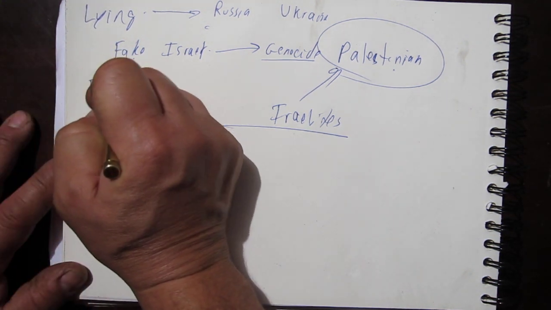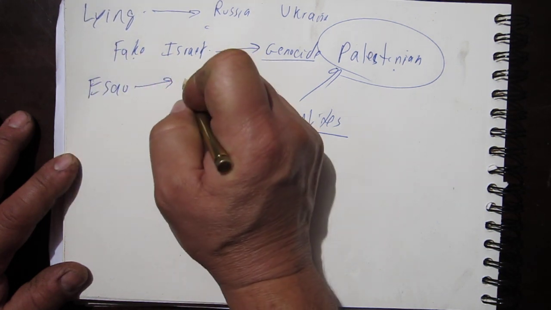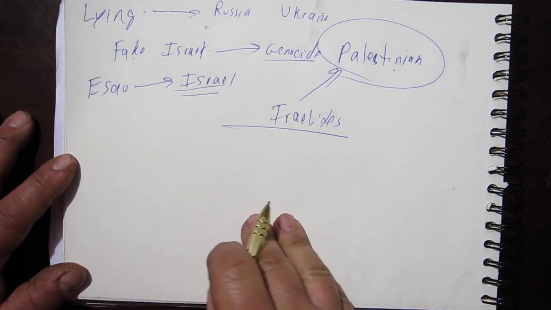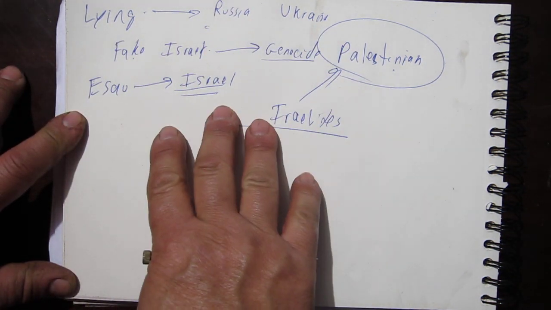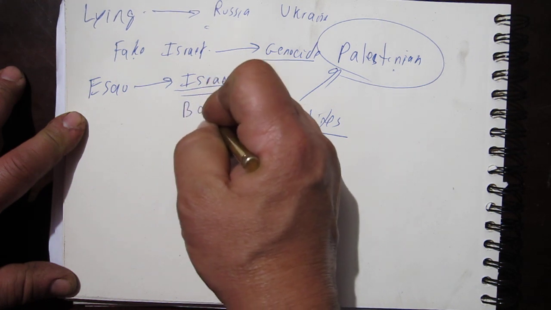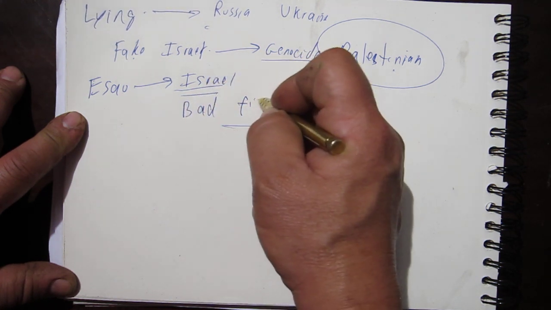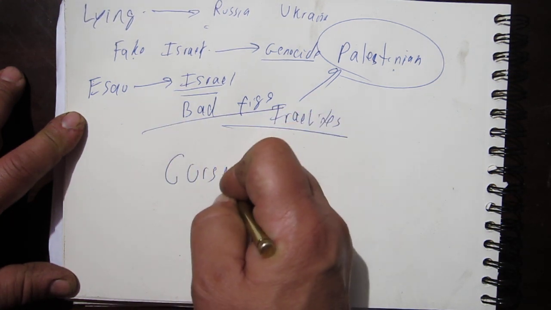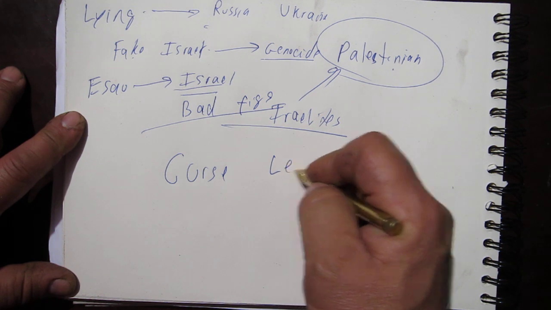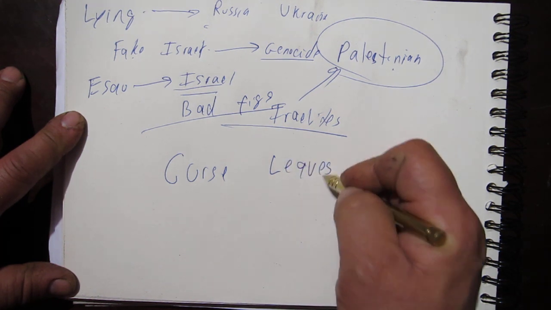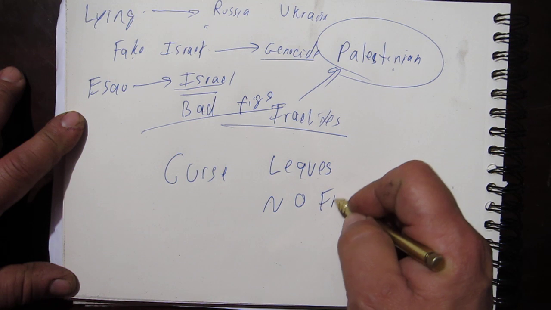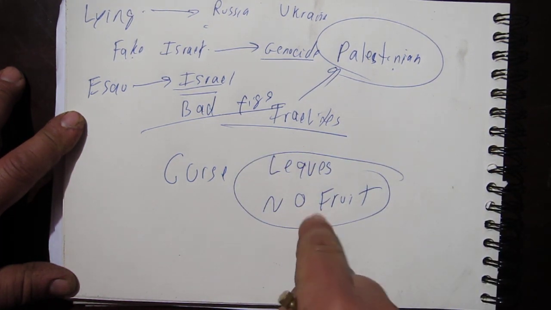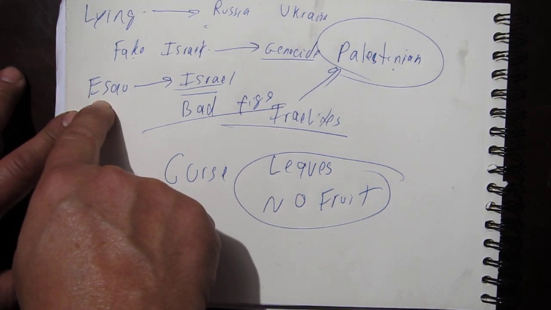because now Esau is pretending to be Israel. But in their doing all this, they are proving that they are the bad figs. These are the figs that when Jesus comes out of the temple will curse. And why? Because they have leaves, but no fruit. And the fruit is the reproduction. They have leaves, but no fruit. And that is fake Esau,